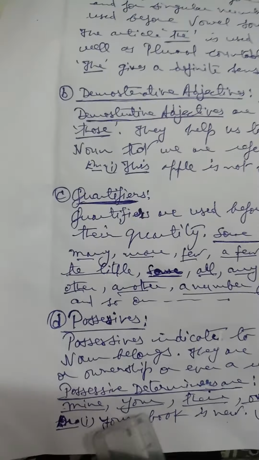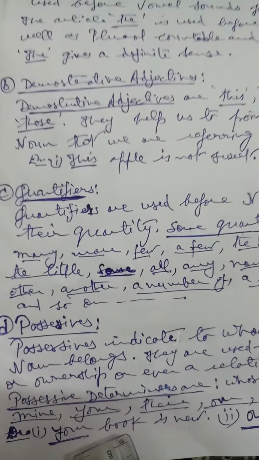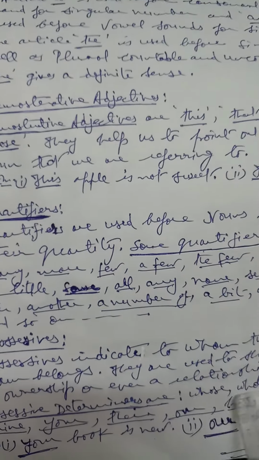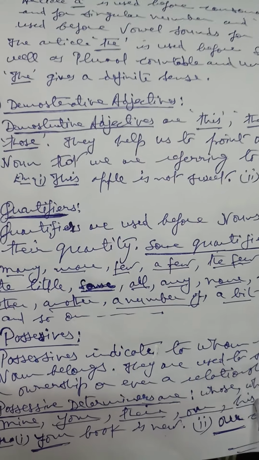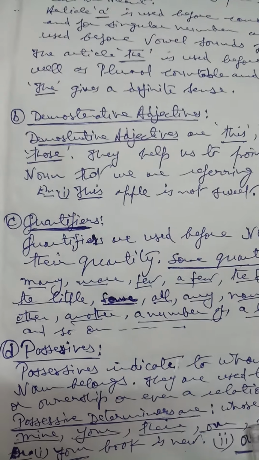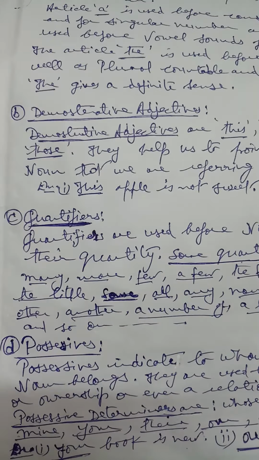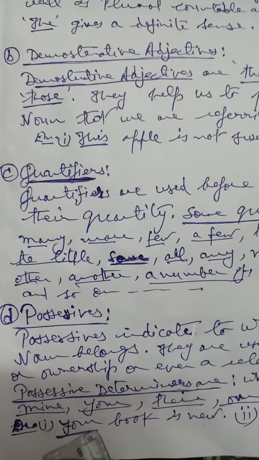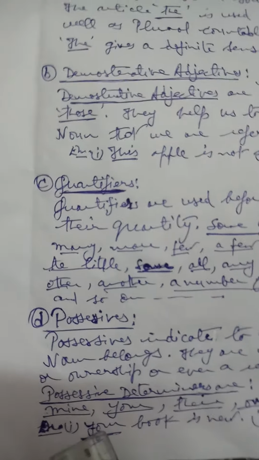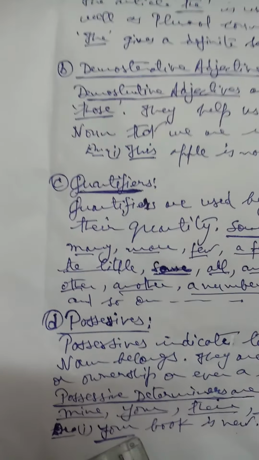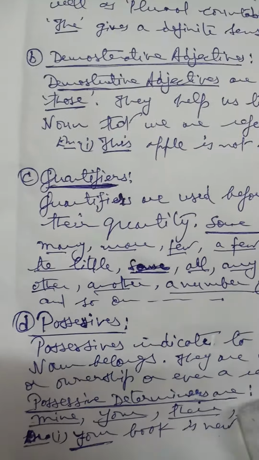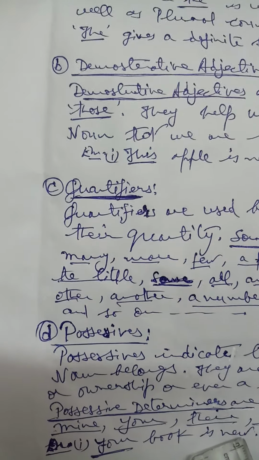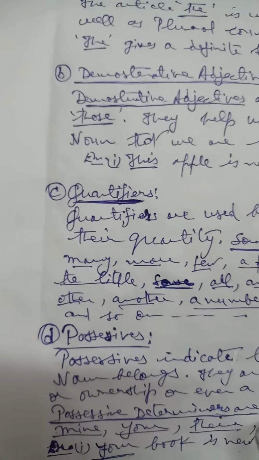Now I will tell you a few determiners, not all, of possessive determiners. They are the words whose, whom, which. They are question words, and they also determine the possession. Suppose I have written an example here: your book is new. Your is a determiner, determining which book? Your book. In the same way, if we make a question, whose book is new? If the teacher asks in the class, whose book is new? The answer would come, his book is new. Then the word his is the answer to whose book? His book.